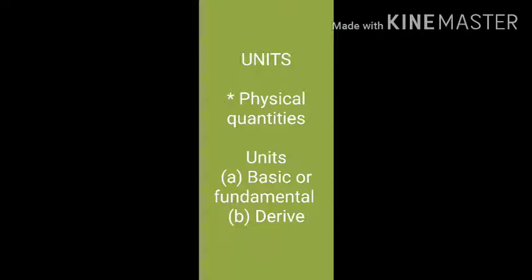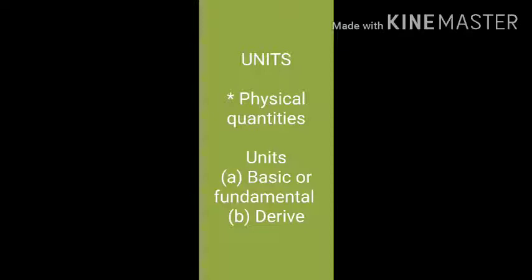To start about unit, we have to learn about physical quantity because we can measure the units of some physical quantities. So what is physical quantity? Natural incident that we can measure is known as physical quantities. There are various natural incidents in our nature. So we are calculating the mass, the length, the weight, the acceleration, the frequency. Both are the physical quantities and both are the natural incident also. So the natural incident that we can measure is known as physical quantities.